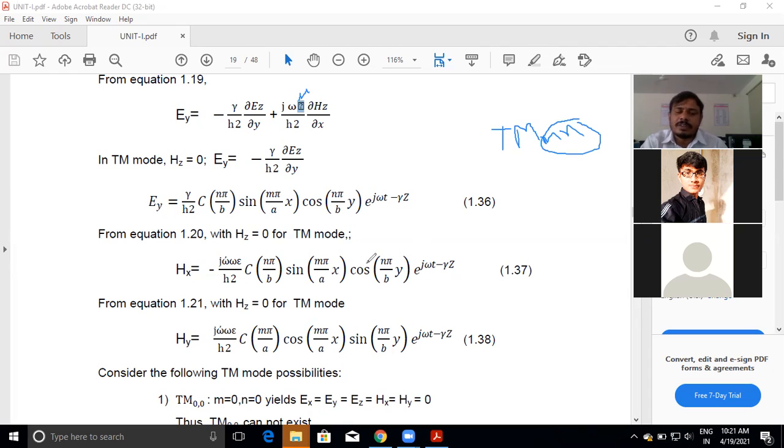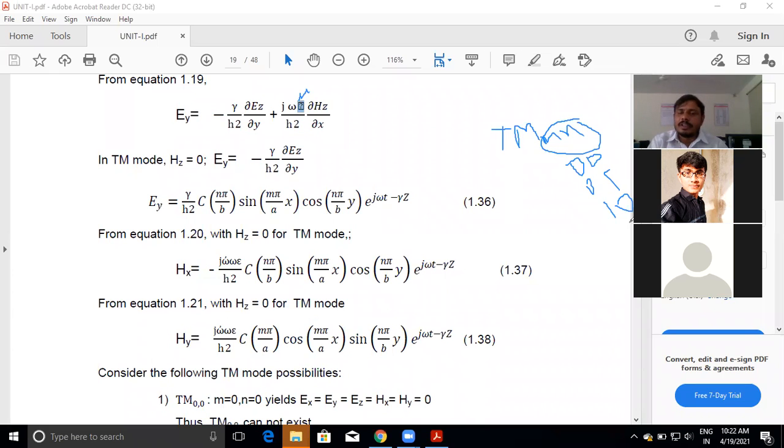So now we can see what is the minimum mode existing in the TM mode. First I am putting TM00, TM01, TM10. Existing means that by substituting the m and n values, we have some field components, like electric field or magnetic field components. If there are no field components, it means no wave is propagating here. There is no such mode existing in the waveguide. That is the meaning of that.